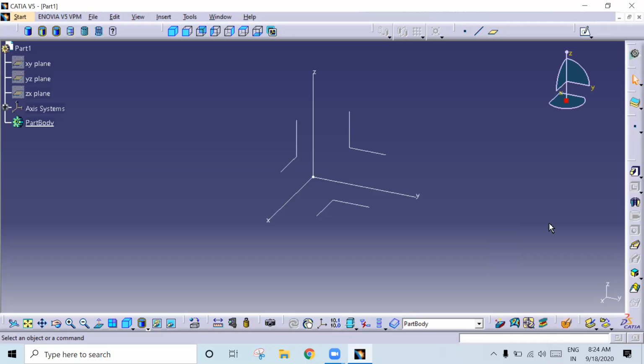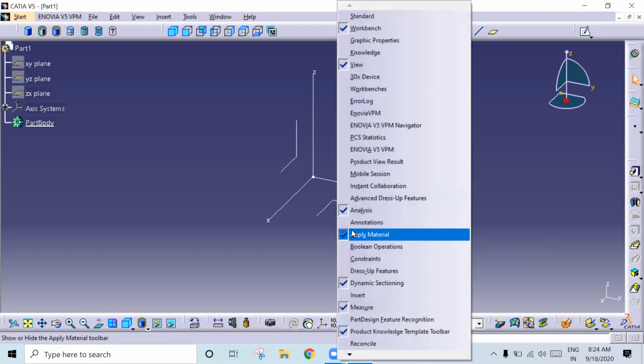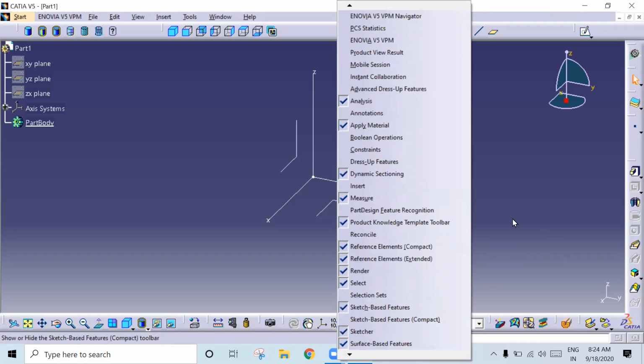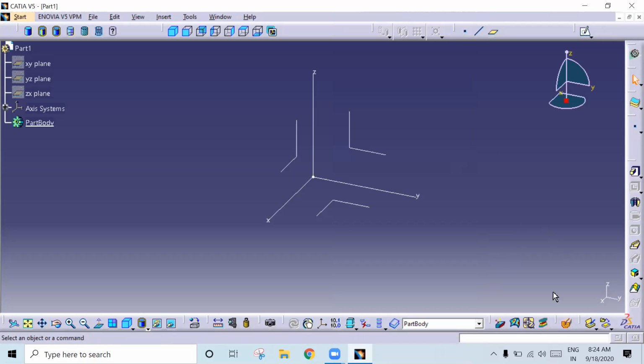Sometimes many of the features will hide here. You just drag it and you will get it. If you switch on something, you'll get it here itself. Fine. So this is Part Design.